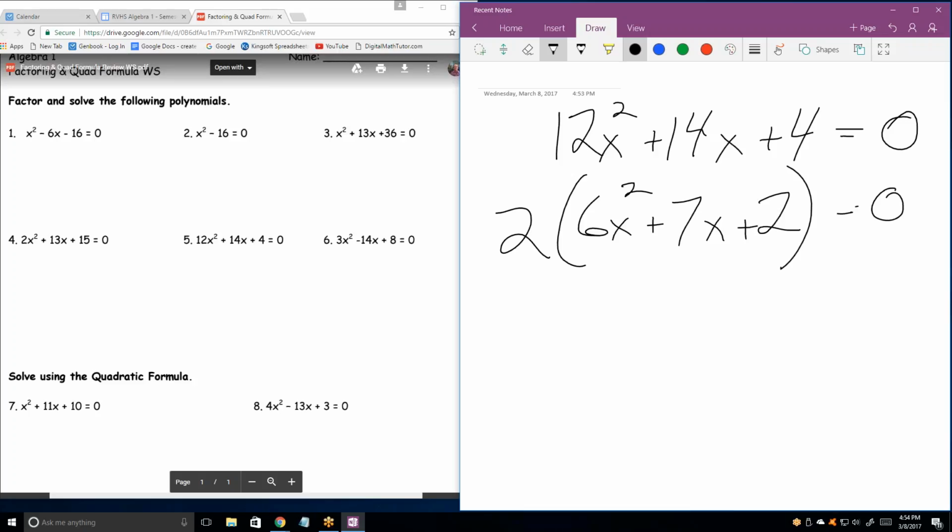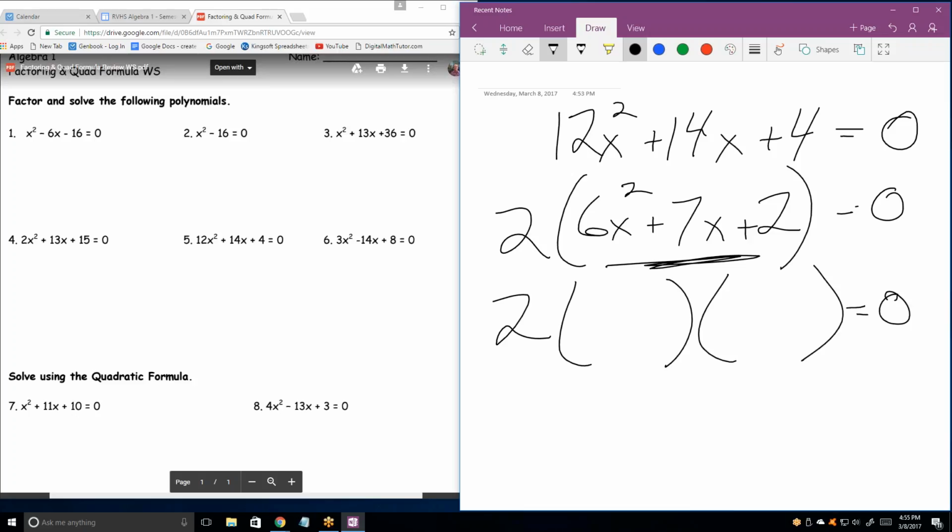All right, so now we're going to factor this quadratic using the same methods we've been using. And again, because we have a 6, that makes it fairly hard. But notice that the 2 only has one set of factors, 2 and 1. So even though this is a little difficult, it's not that difficult. What's the most common way you would factor 6x squared? Into